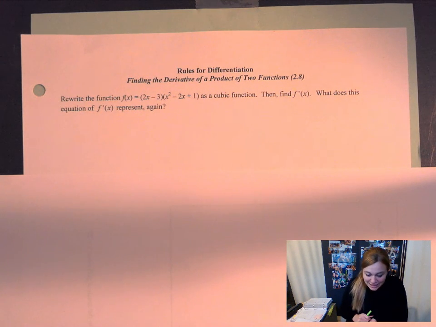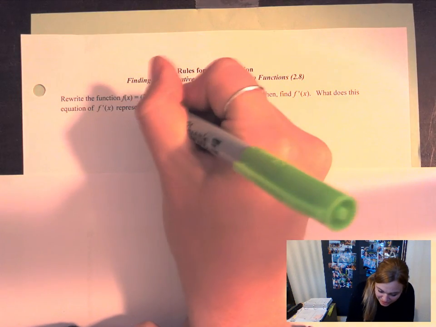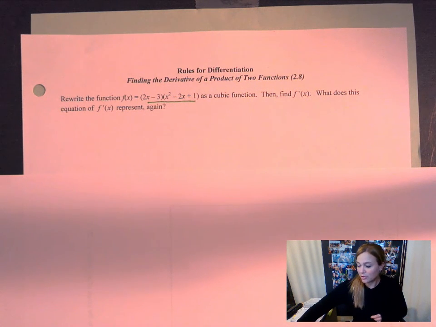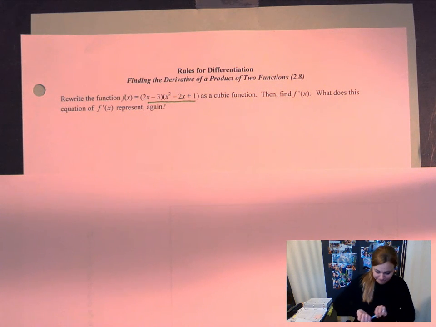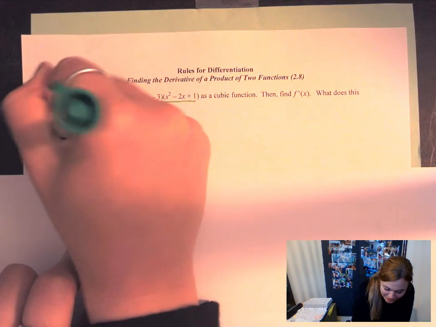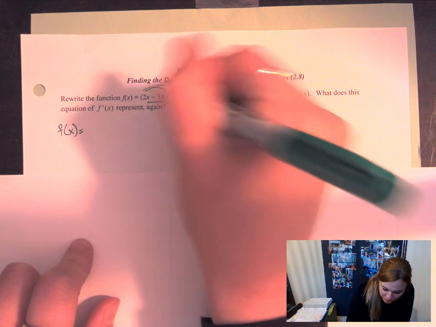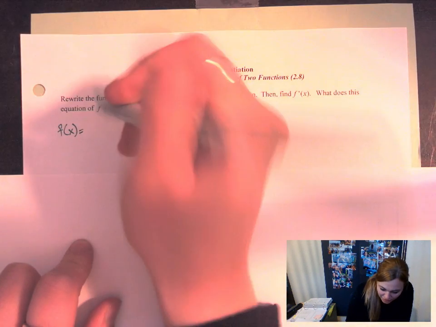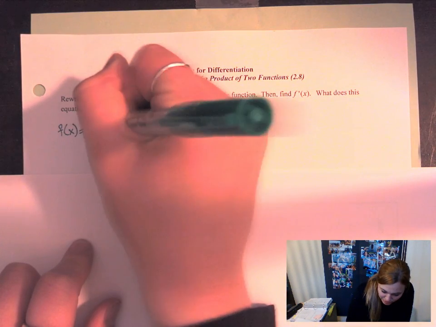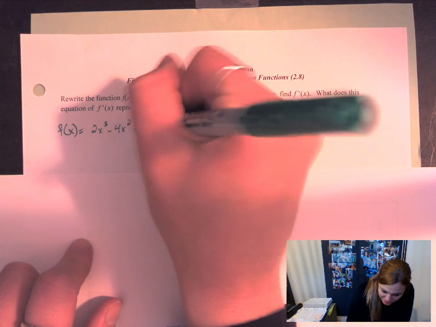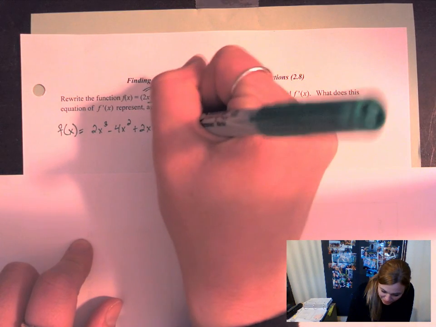So this one says rewrite this function, and it's this big mess, as a cubic function. So I'm just expanding this so that it looks like a polynomial. I'm getting a little bit darker marker. So I'm going to say f of x, then I'll distribute this. So you could do this too, and then we could see if we have the same thing. This would be 2x to the third power minus 4x squared